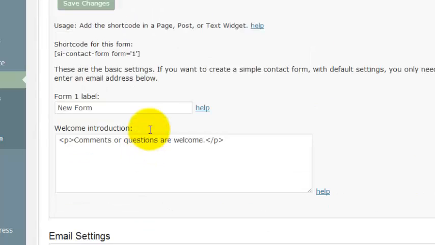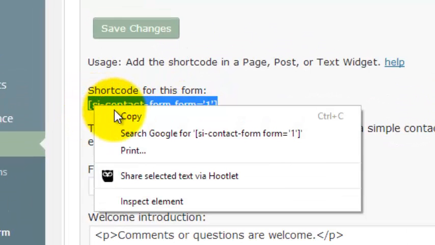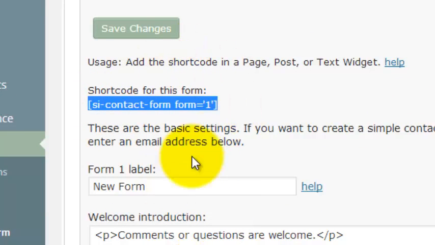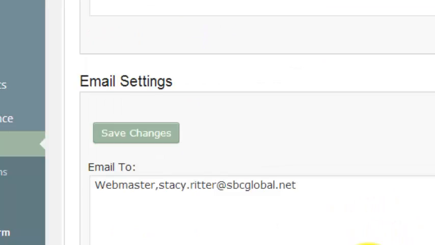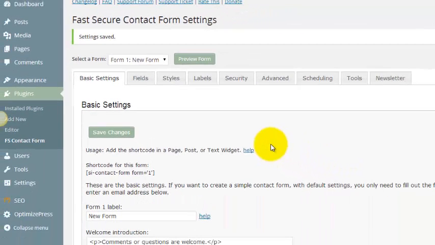Shows me a form, and it shows me a short code for this form. So all these things can be changed, and if they need to be changed, we can change them in the future. But I'm just going to leave this how it is, and I'm going to quickly create a